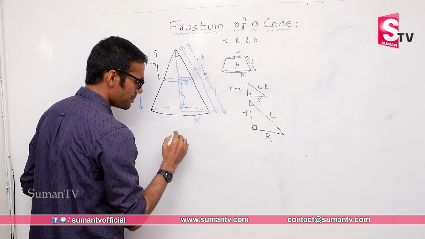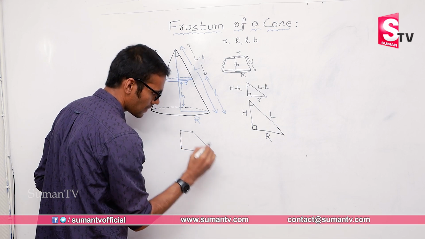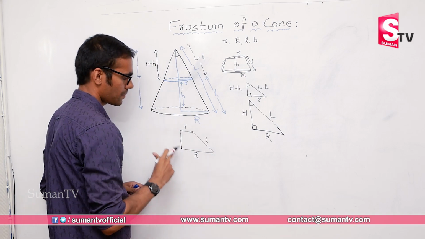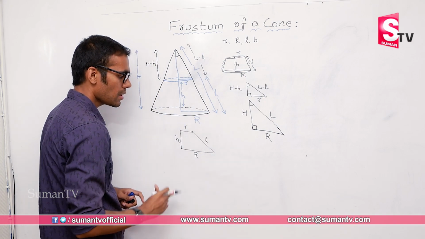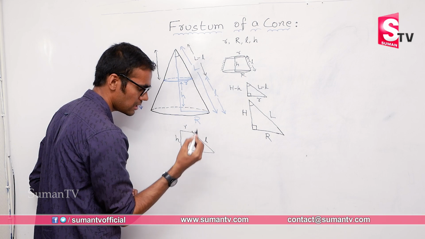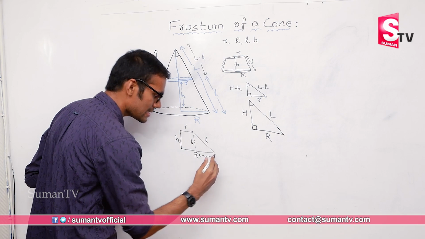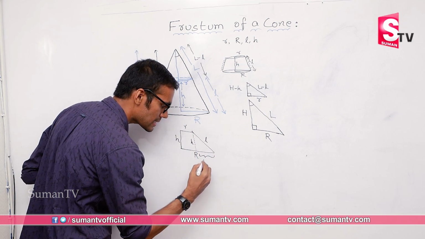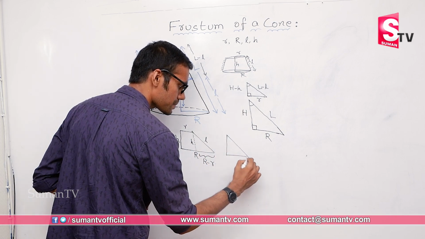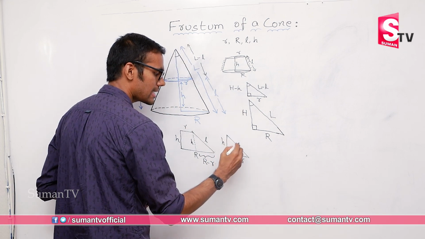So if you take this diagram, I'll take it as a trapezium. This is small r and the base is capital R. The slant height is small l and the height is small h. But we need small l. So if I shift this height parallelly to itself, I'll be getting a small right angle triangle here. But what will be this distance? It will be capital R minus small r. So finally I'll be having a triangle having a height h and base capital R minus small r and the slant height as small l.